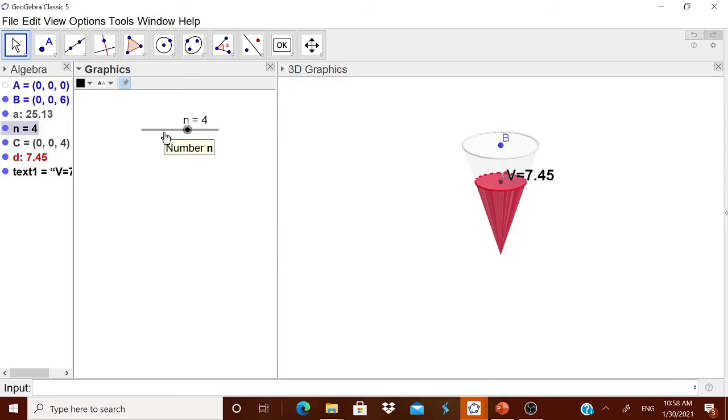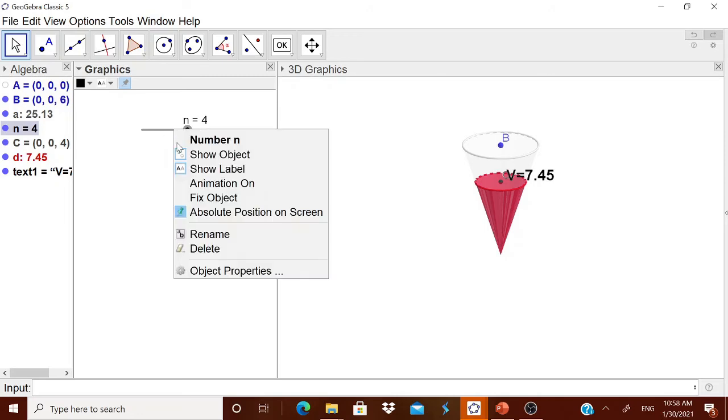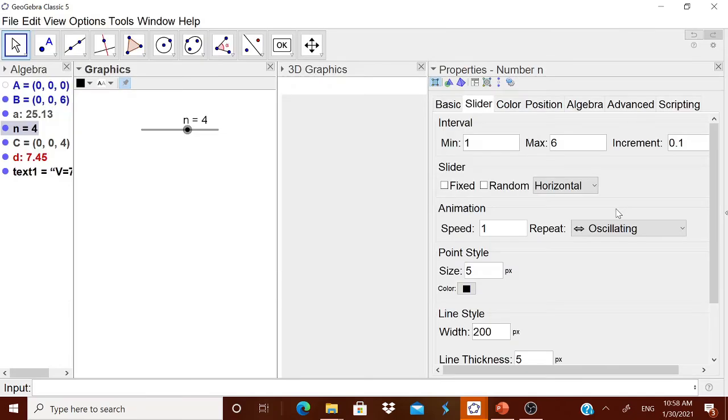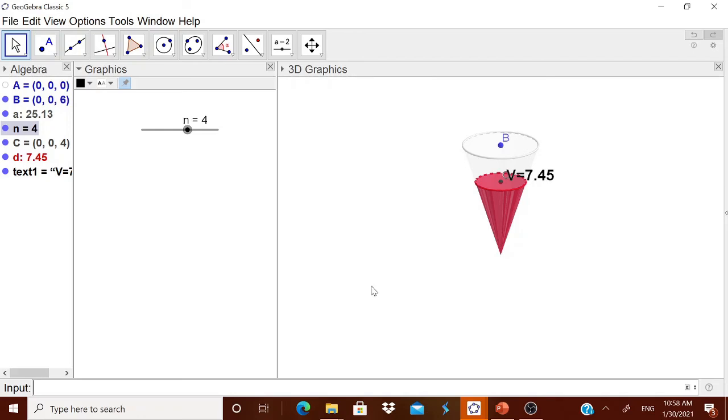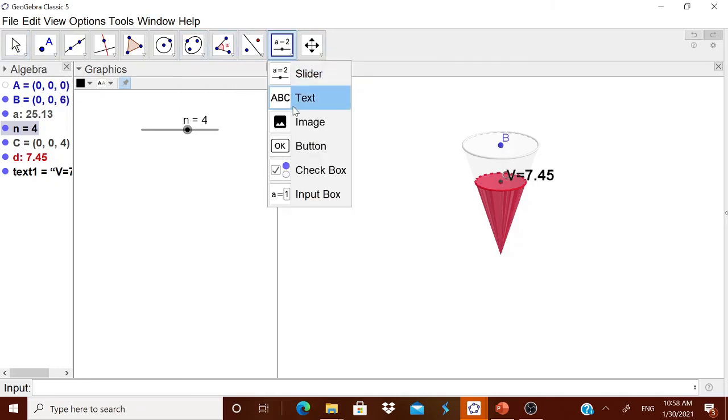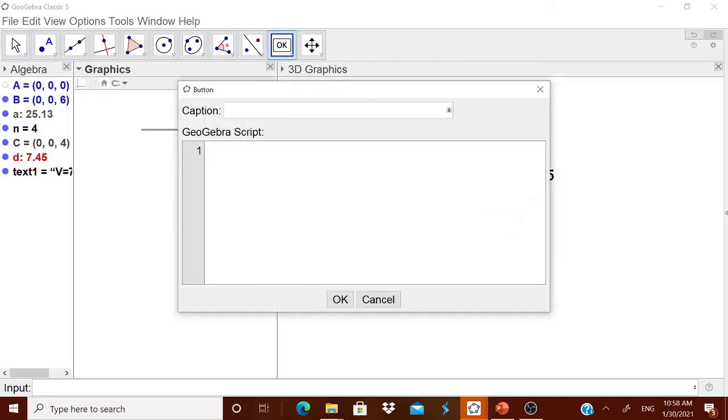I have stopped this animation. To have the animation automatic, remember this number n, whatever the variable, the slider you have, better the increment should be 0.1. Increment should be small. If you have the increment as 1 and it is automatic, it will jump, but it won't look nice. Go to this graphics view, go to this OK button, put it. You type here as animate. Here you write, note down the spelling, StartAnimation, S and A capital, within the bracket, the variable, which is n.